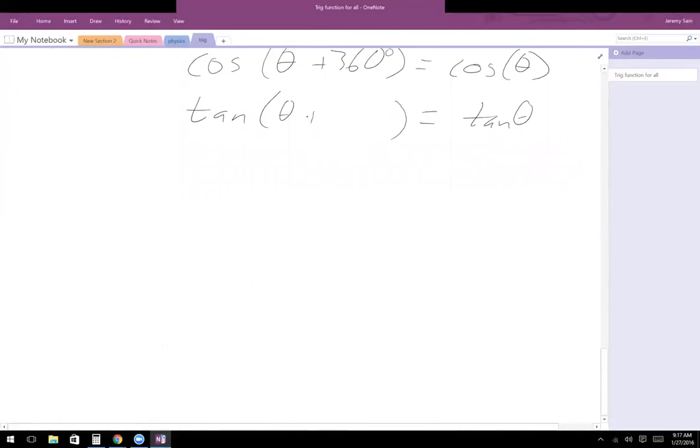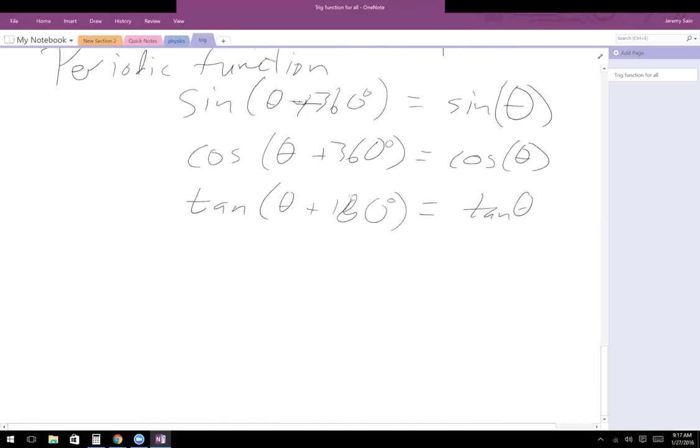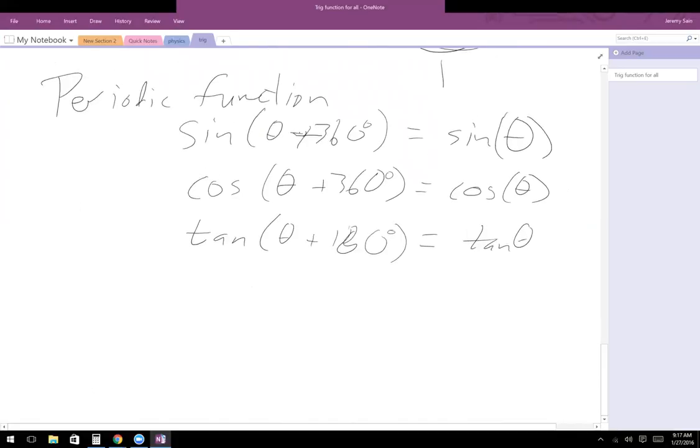Yeah, so tangent of theta plus 180 is tangent of theta. All right. And then, of course, this is all in degrees, and in radians it'd be 2 pi or pi. But yeah, okay, cool. So that's kind of what